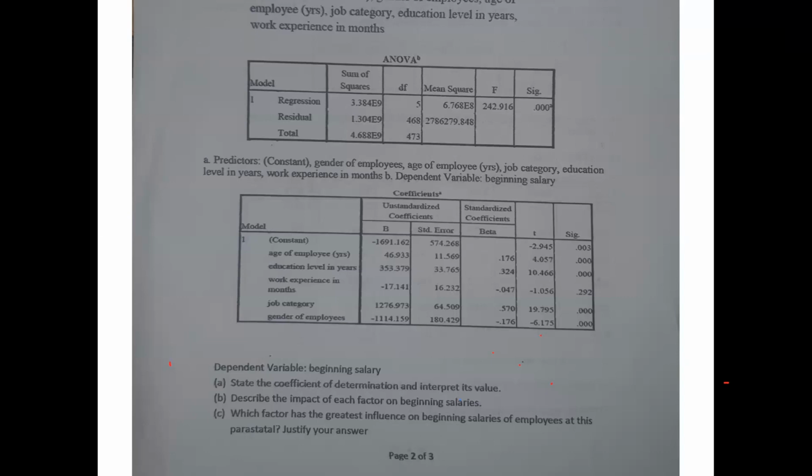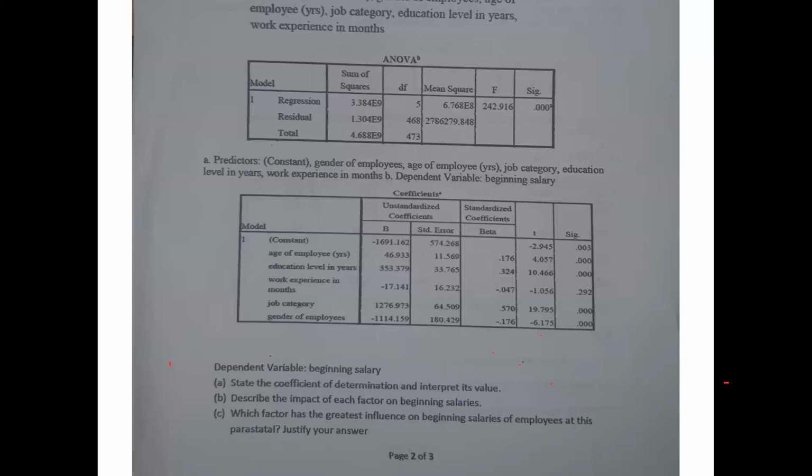Did you say the interpretation? So you say 1 unit change in X, right? The unit that we are talking about is the age of employees, which means a 1 year increase in age will increase the salary by what? By 46 units. The beginning salary will change by that. If you use percentages, you say a percentage increase, that will influence that percentage change. But if you use the units, you can say 1 unit increase in age of employee will